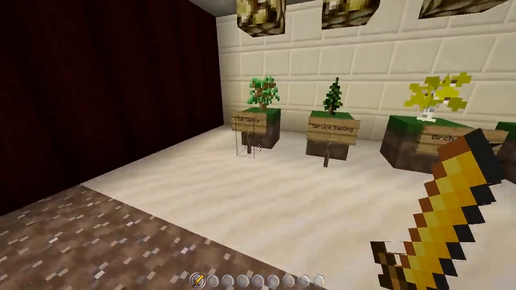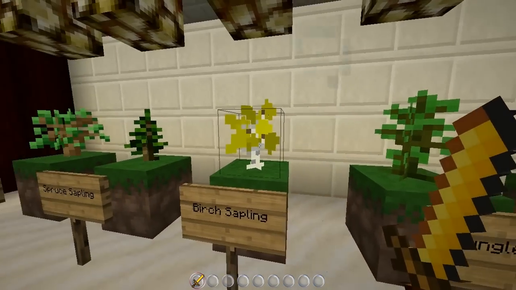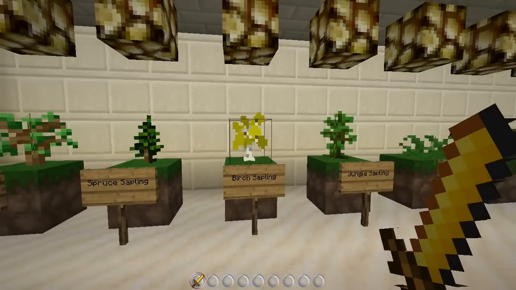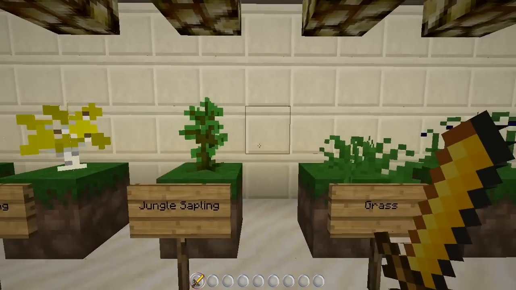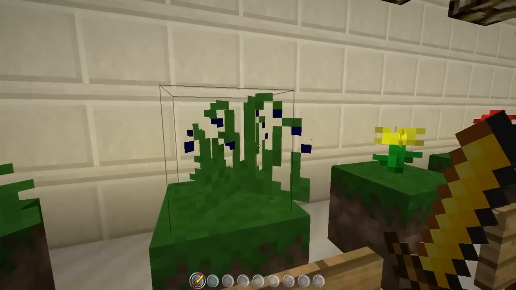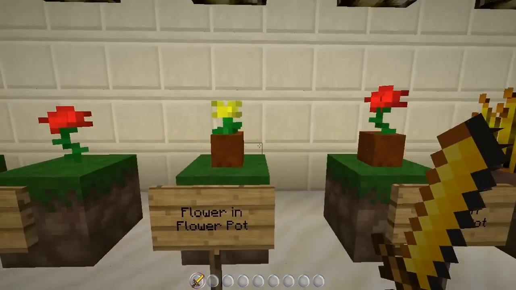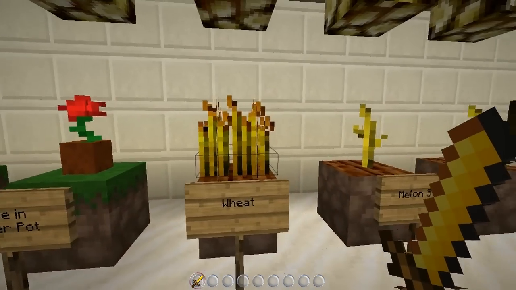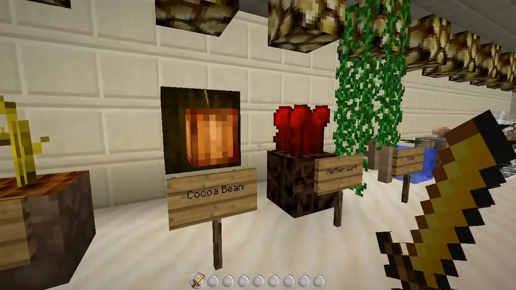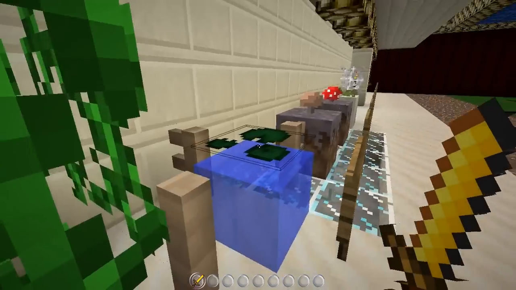Okay, over to our plants here, the saplings. So the birches. Yeah, you guys know I like it when it looks different. Look at that. It's got little berries or something on it. I like it. I can see this... Changed it to the three little...